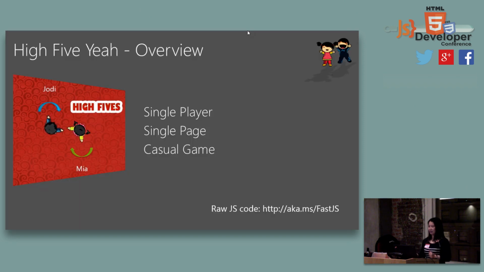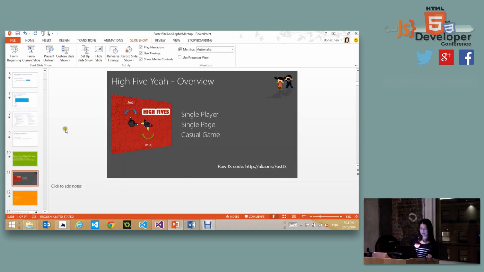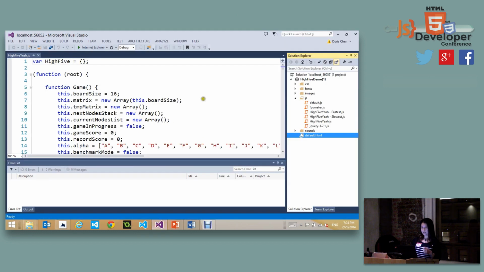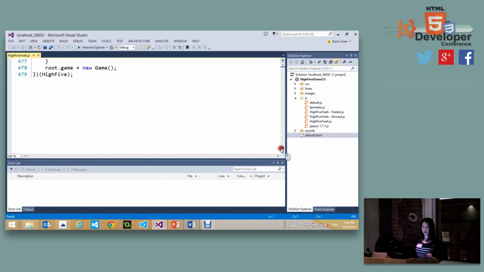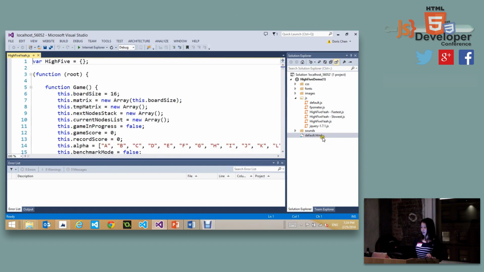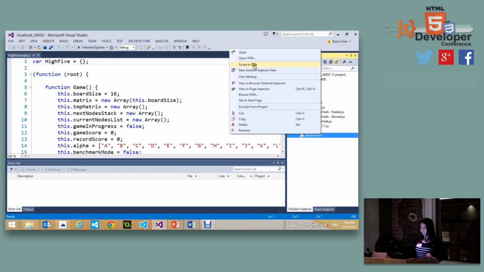Okay, so it's a high five kind of game. Let me actually show you the game. This is a website, a web application, and I'm using some jQuery, and everything is in this very simple JavaScript file. I think it's about 300 or 400 lines of code. Okay, and then let me actually run this game.